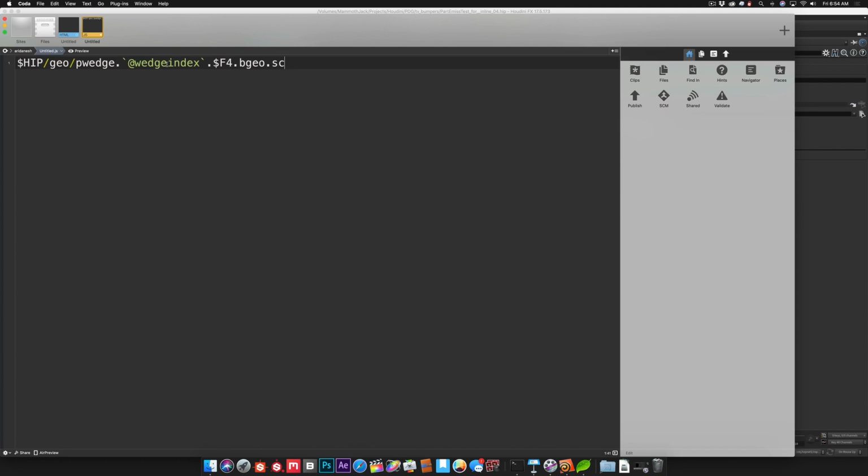Now remember, why am I doing both the wedge index and frame number? Because if I just did frame number, I'm going to be doing the same frame 4 times, so it's going to override each other. By giving it a wedge index, I have a unique wedge number, and of that wedge number, what frame am I into it? And then I'm going to give it a .bgeo, and then the blosc compression at the end, .sc, which is not mandatory, but it's nice. So I'll just copy that,